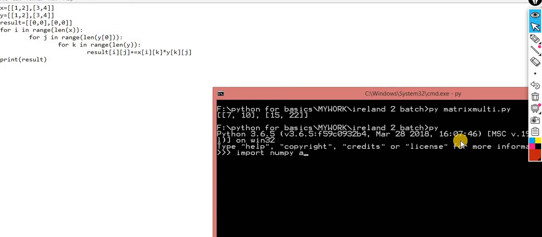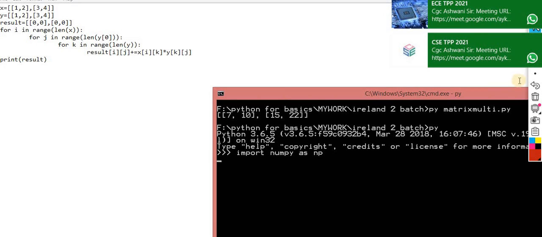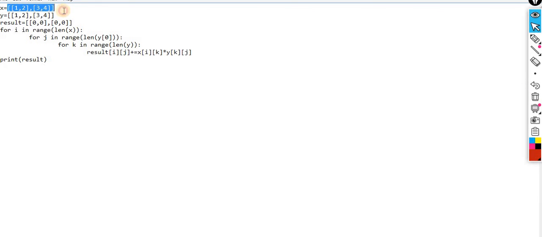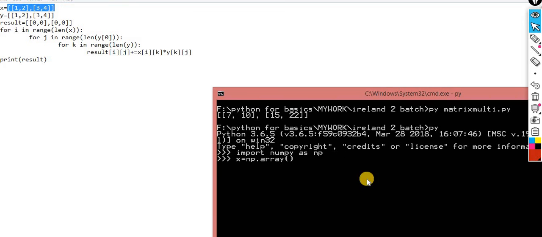That is numerical Python. It's taking lots of time. x is equal to np dot array, control C. So this is the way inside numerical Python, the numpy array, and the same for y.